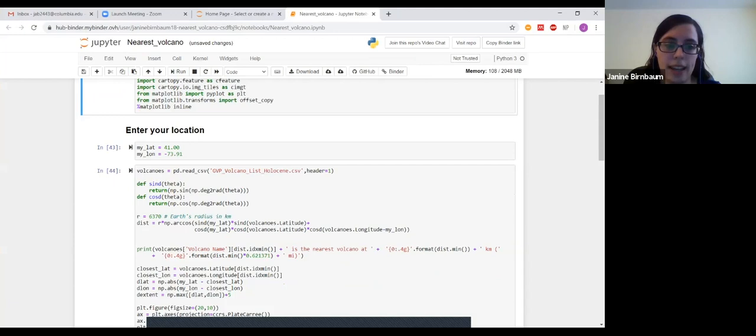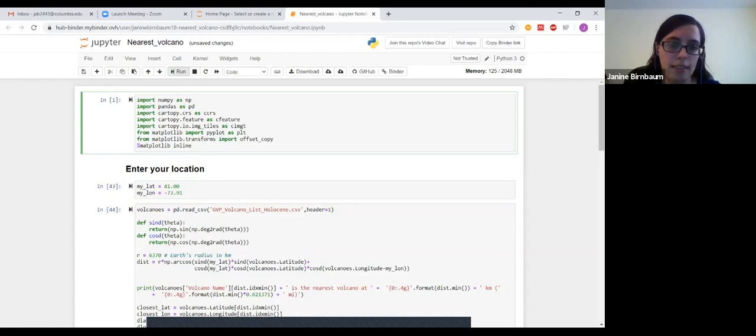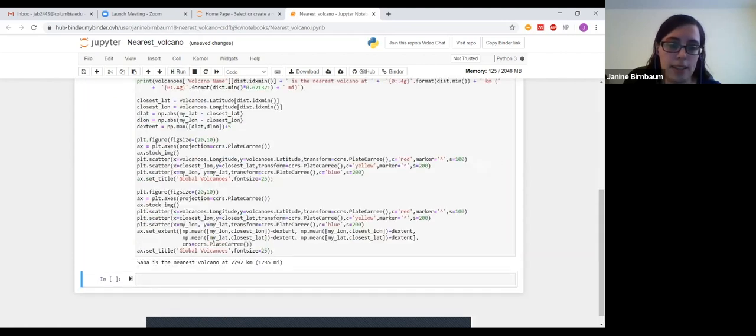And what this code does is I can put my location. I've already put in the location for the Lamont-Doherty Earth Observatory as my lat and my lon, but you can find your own coordinates by going to Google Maps and finding your latitude and longitude. And then if I just hit run a couple of times,